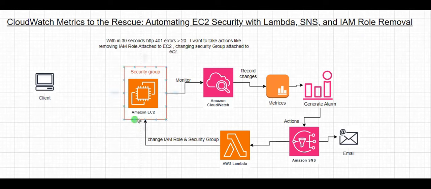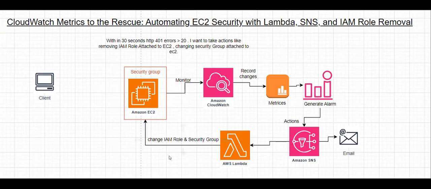And one more thing, we can change the security group. The security group acts as a firewall to this server, right? We even change that security group in order to stop all the responses. So those two we're going to do automatically, not manually. At every 30 seconds, we're going to monitor our server automatically. And if our server receives greater than 20 HTTP 401 errors, we're going to block